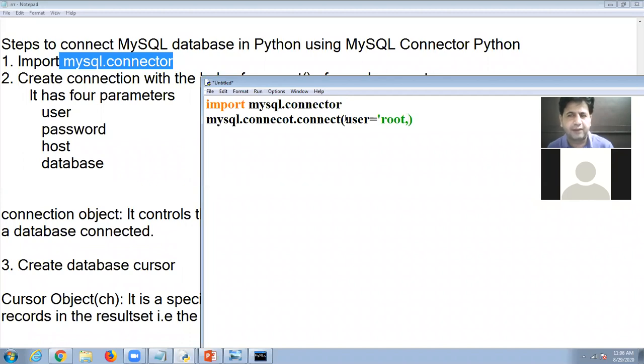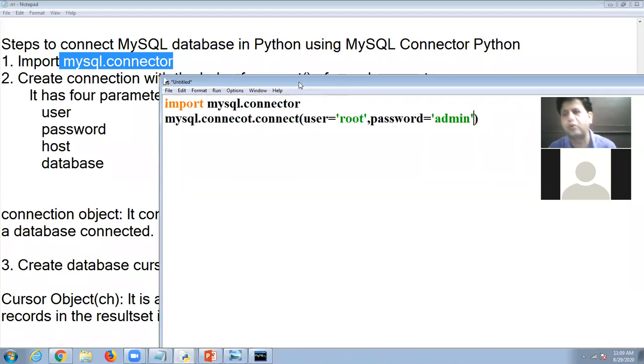When I log in to MySQL, I filled the password admin. So if you have set any password, then password here, password is equal to admin. This is in my computer. In your computer, it may be different. Sometimes there is no password set. In that case, there will be single quote start, single quote close, with no value.